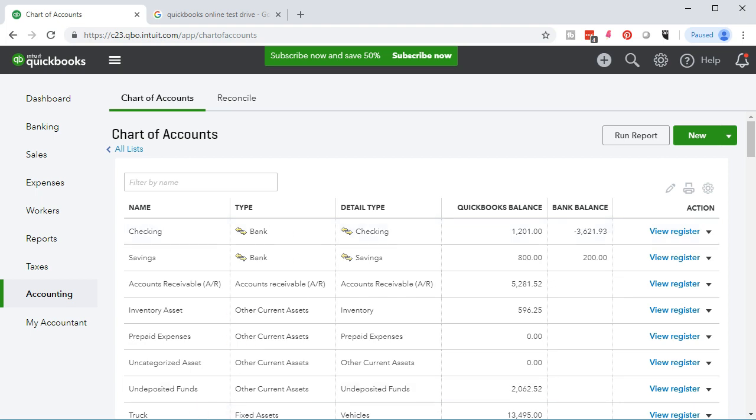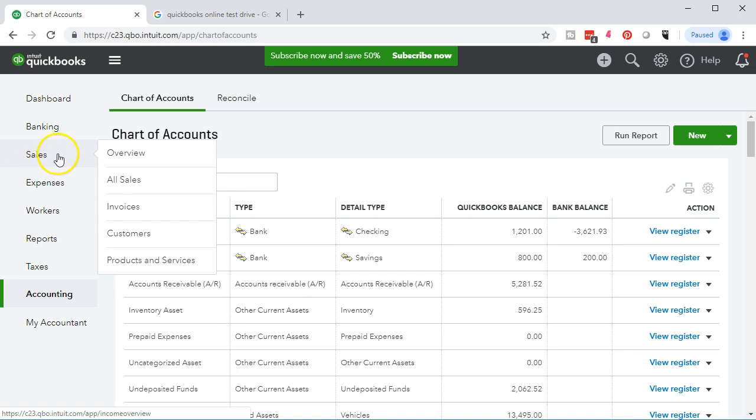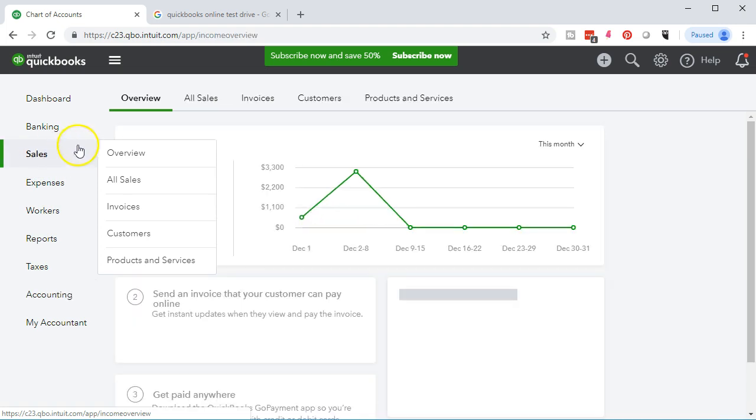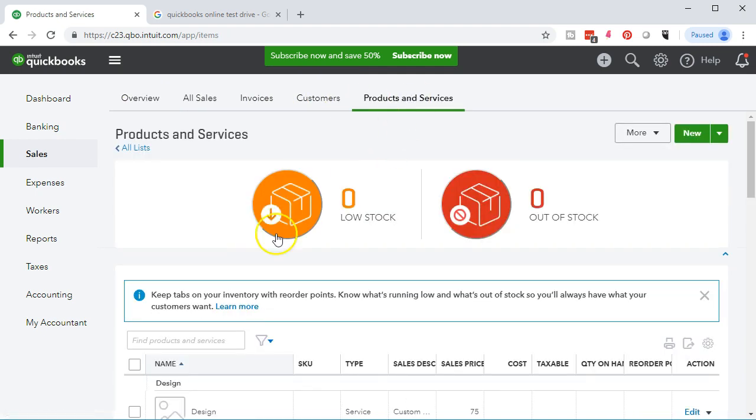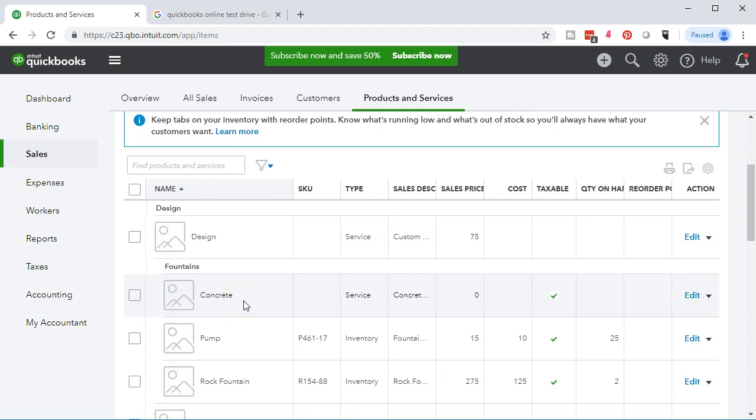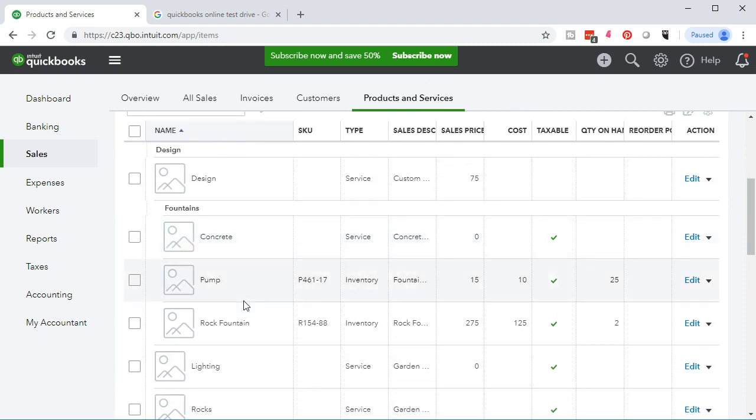We also had on the desktop version something called an item list, items and services, and we called those lists. They were under lists in the desktop version. In the online version, we're going to find those under sales, and we're going to go to products and services. So if we went to sales, we see the tabs up top, products and services. And that's going to be the same thing as the items, in essence, in the desktop version. These are going to be the things that we're going to set up that we will then sell. So if we're a service item, if we were doing bookkeeping, then our service items would be bookkeeping. If we sell inventory, we're going to set up the